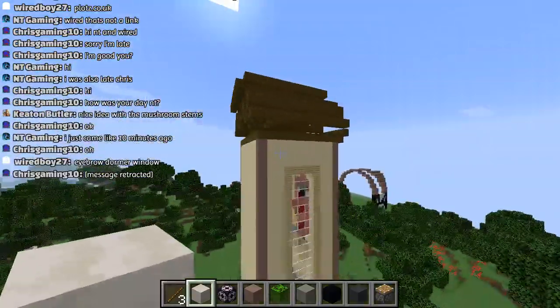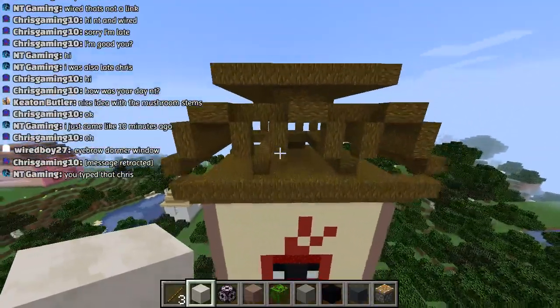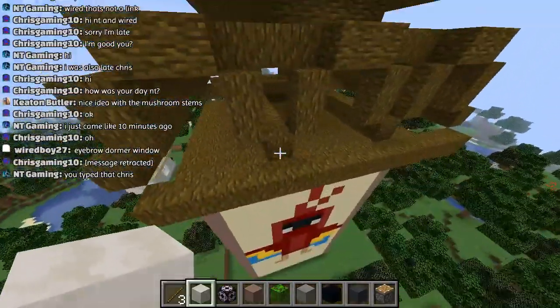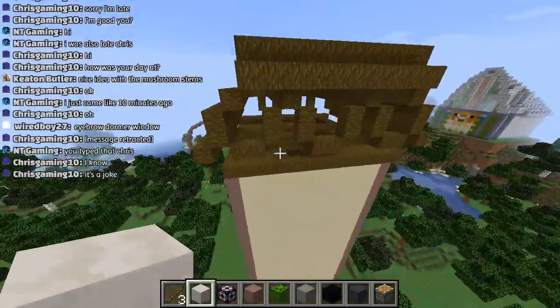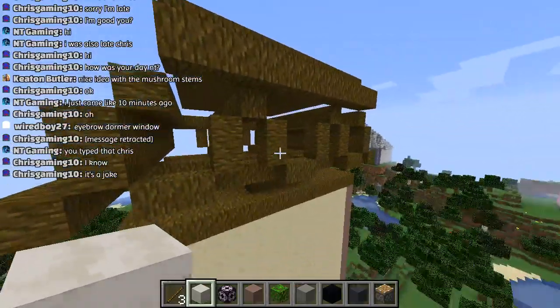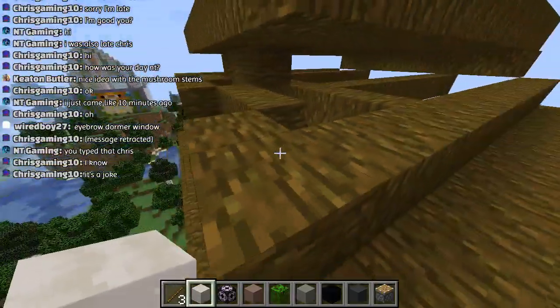This was a weird roof I did that I wanted to make. If you look at this side, look at this pattern here. I did it completely upside down on this side. How did I do it? I can't remember exactly how. See, that's like an N. And this created like a pretty...